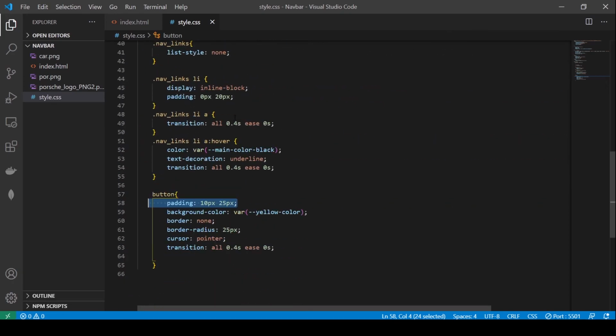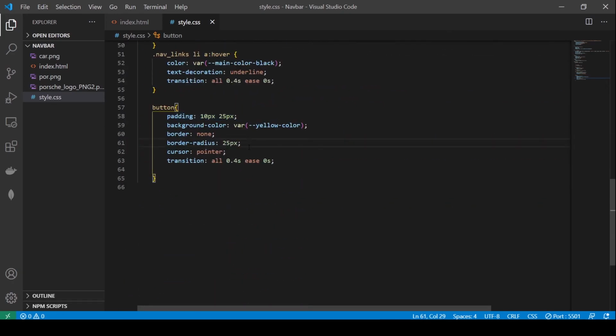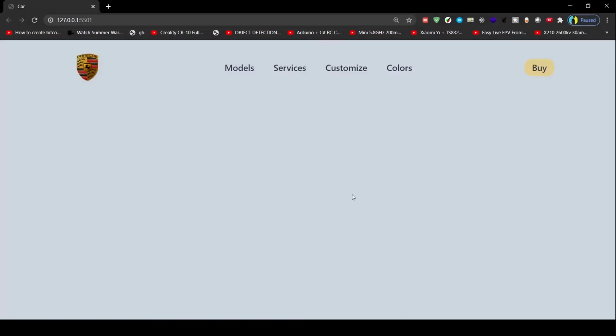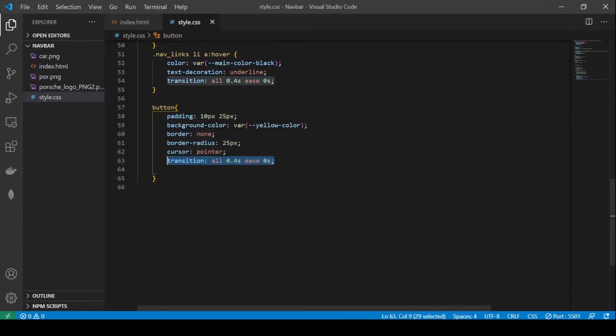Next, I have given it a border radius so that the border looks circular, and I want a pointer cursor, and I have given it a transition. So let's see. Now you can see the cursor appear on the button.